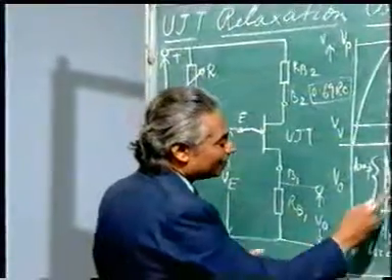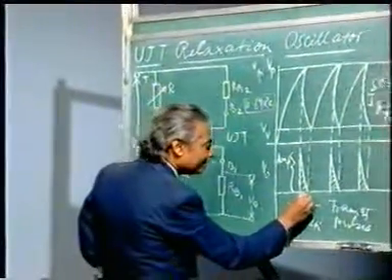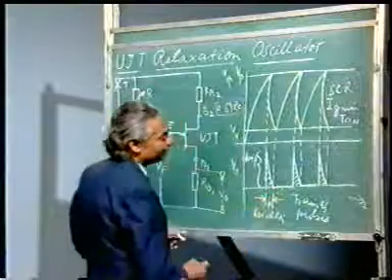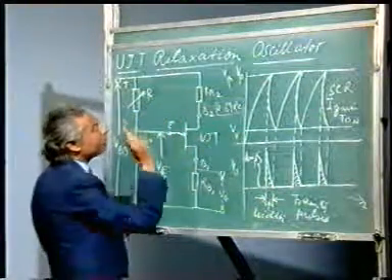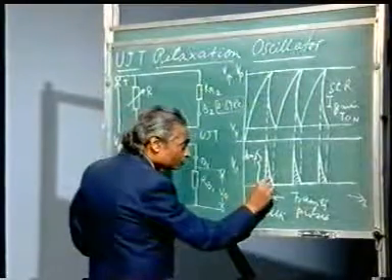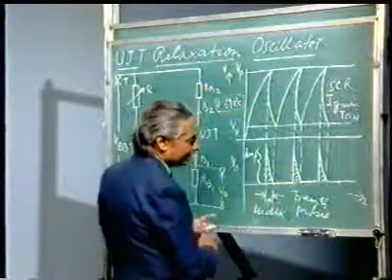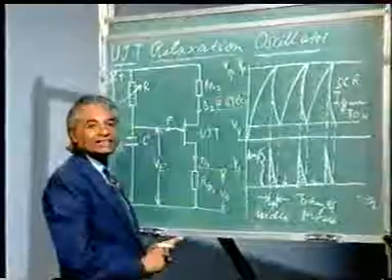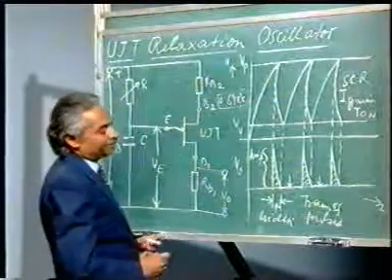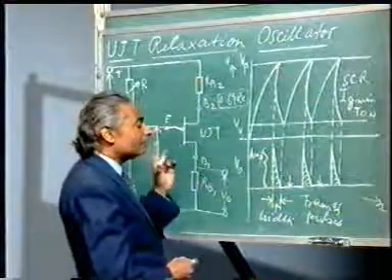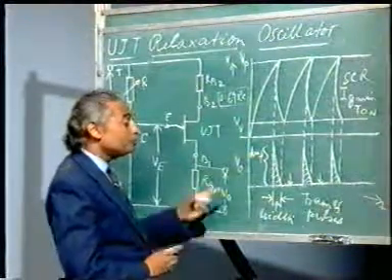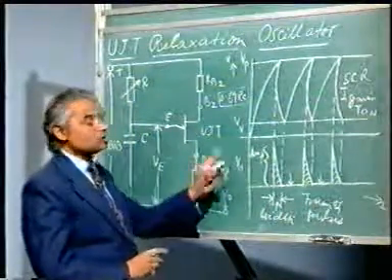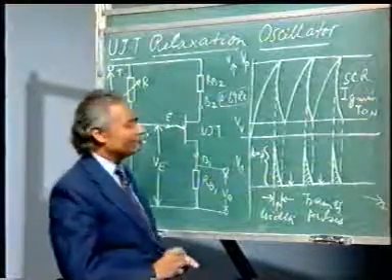Now since we can change the pulse width, we can increase or reduce this time which is between pulse 1 and pulse 2 or pulse 2 and pulse 3. Now one thing is very important, why we call it relaxation oscillator. You are seeing that between pulse 1 and pulse 2 or between pulse 2 and pulse 3 and so on, during this time the device is relaxing. That is why we call it relaxation oscillator. So relaxation oscillator is a very important device where we are going to use the relaxation pulses for triggering thyristors such as SCR, TRIAC, etc. and we can also control it. So relaxation oscillator is a control device.